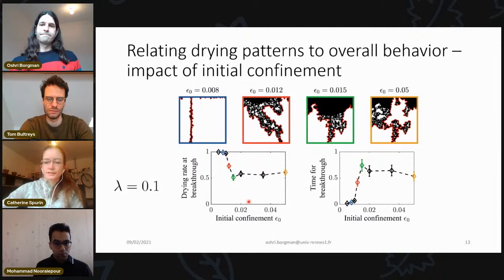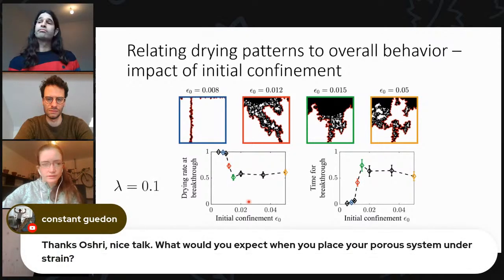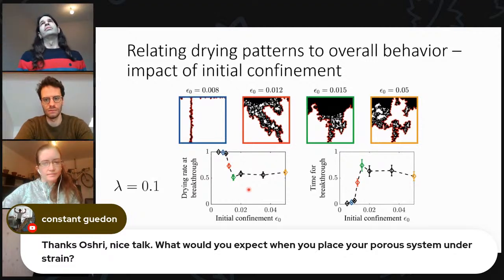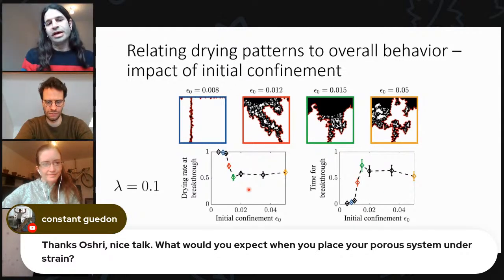Okay, cool. Final question, which I guess is related, is from Constance, and they're asking, what would you expect when you place your porous system under strain? Under strain, meaning that when it is kind of pressed together, I guess. So to me, that would increase the confinement. So granular medium under more, oh no, maybe I'm confusing strain and stress as always, but if I understand correctly, then if I interpret the question correctly, then